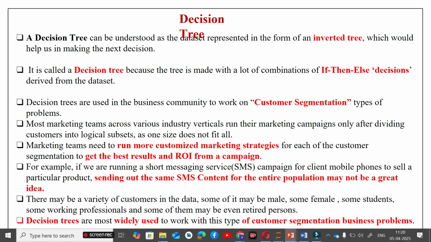Okay, so as I have given you one example, let's say you are running an SMS campaign. You cannot send each and every SMS to the entire population. So you have to pick some sort of customer segmentation, and then you decide which customers you want to send this SMS to, and which template you want to send. That is something decided by this kind of a thing, called a decision tree. And k-means clustering is also applied, but if your data is not labeled, in that case you go with customer segmentation using